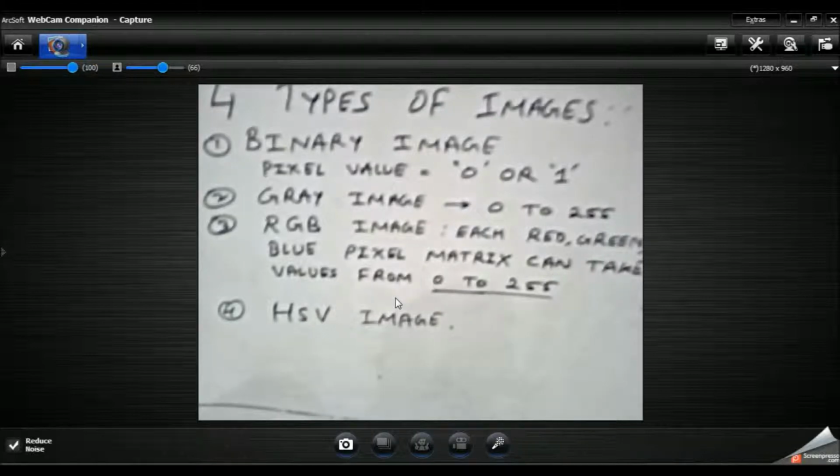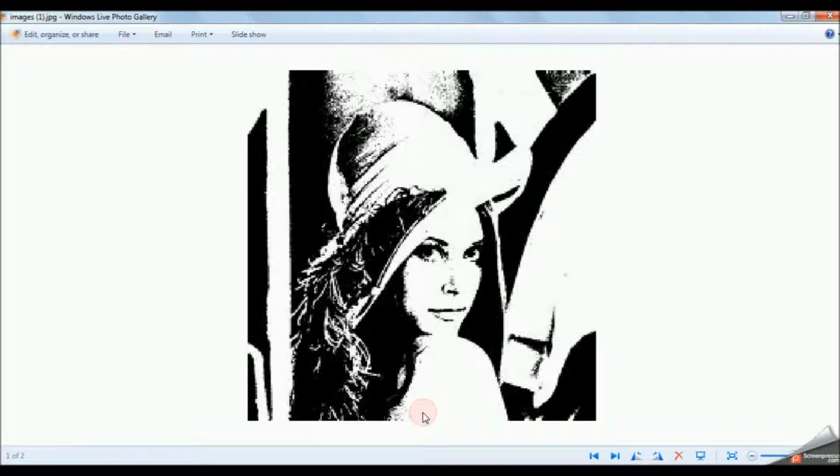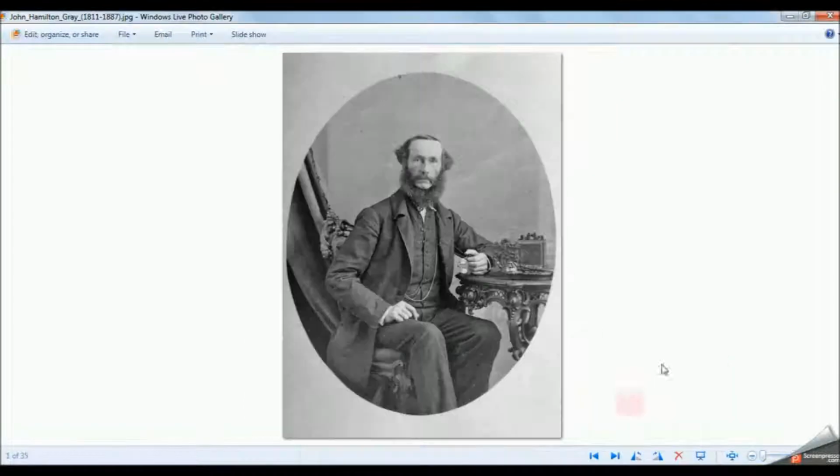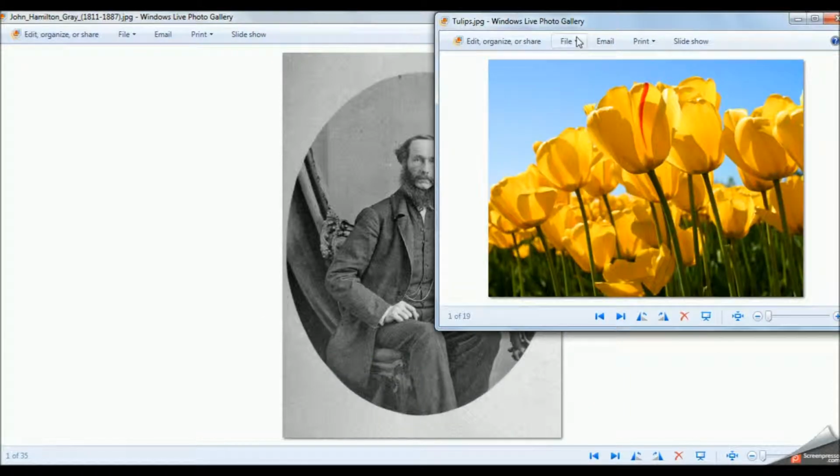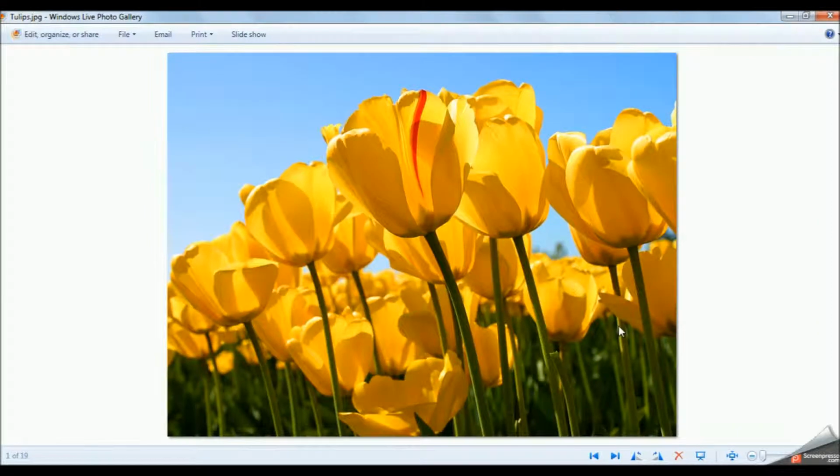And fourth is HSV image. We will deal with HSV image in the next tutorial. So this is a binary image, only 0 and 1, that is only black or white. This is a gray image. Pixel values range from 0 to 255. And this is an RGB image, that is a colorful image.